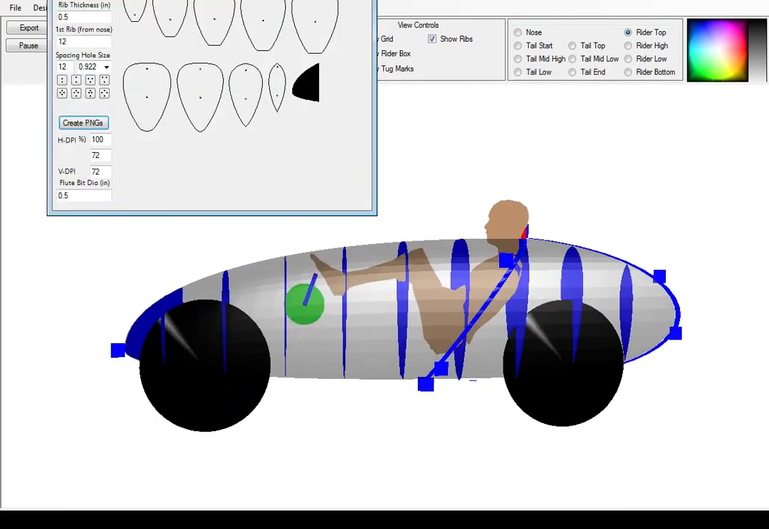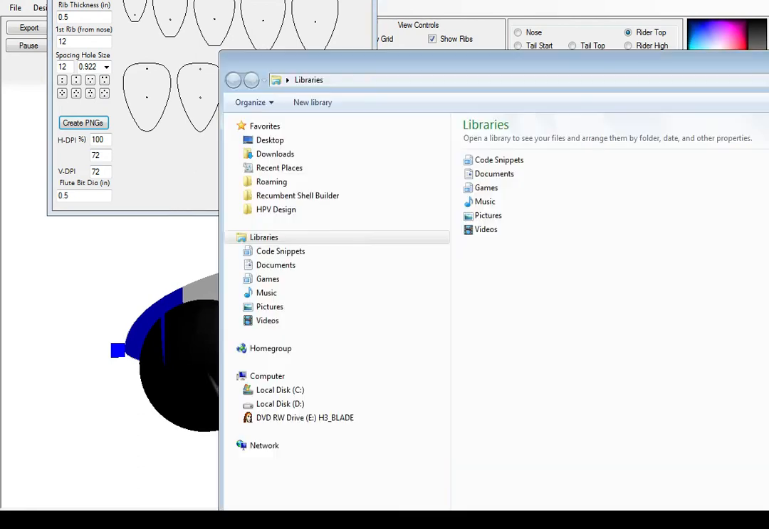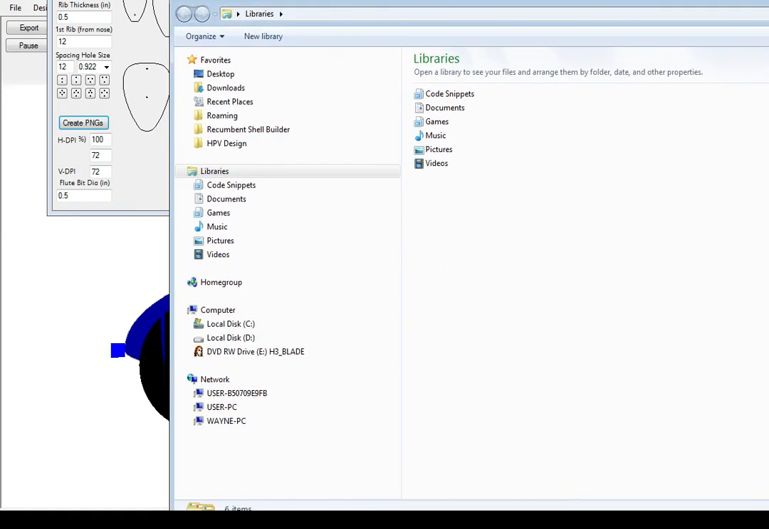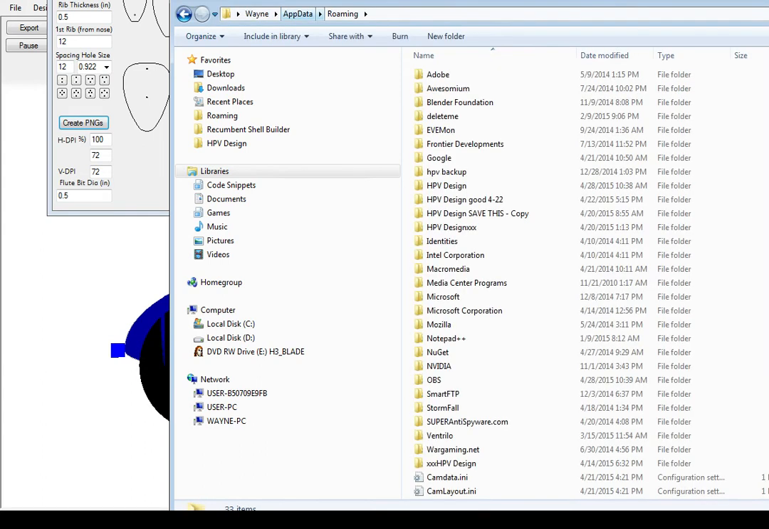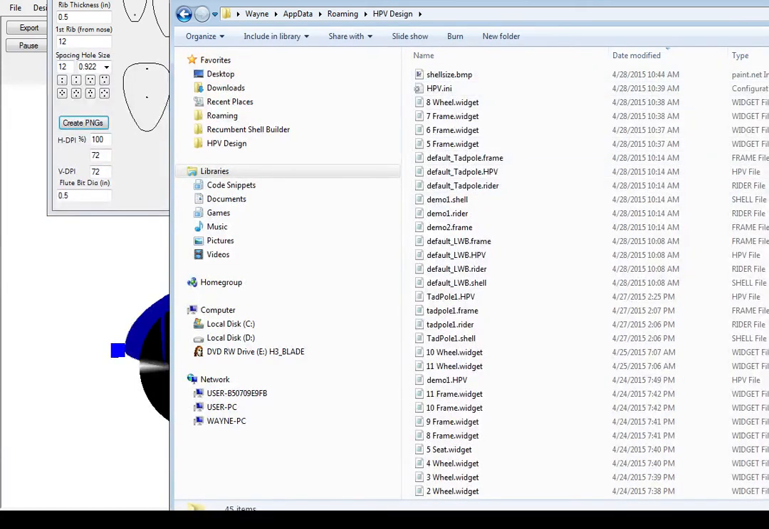Now what that's done is created some files. Now where do you find those files? I'm opening Windows Explorer here, and the way you do this is click your Start button and right click it and say Open Windows Explorer. And up here I'm going to type in %appdata%, and I find an HPV design folder,